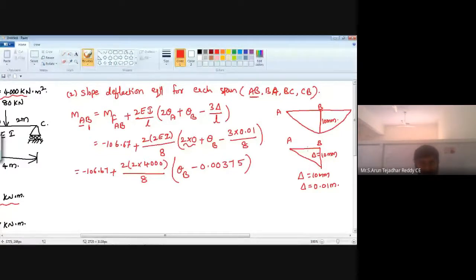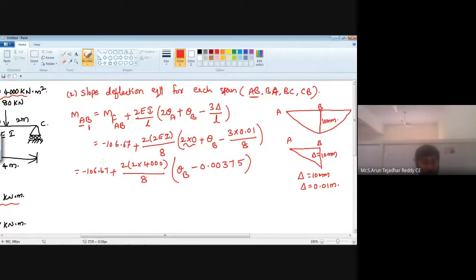See, this is our sign convention. Already we discussed the sign convention in the morning class as well as the previous class. So it is 3 into delta. Generally the given deflection is 10 mm, but all values are in terms of meters, so just convert mm to meter. Then I got 0.01 meter. In the same way, substitute here 3 into 0.01 by span of AB. L means span of AB, that is 8.